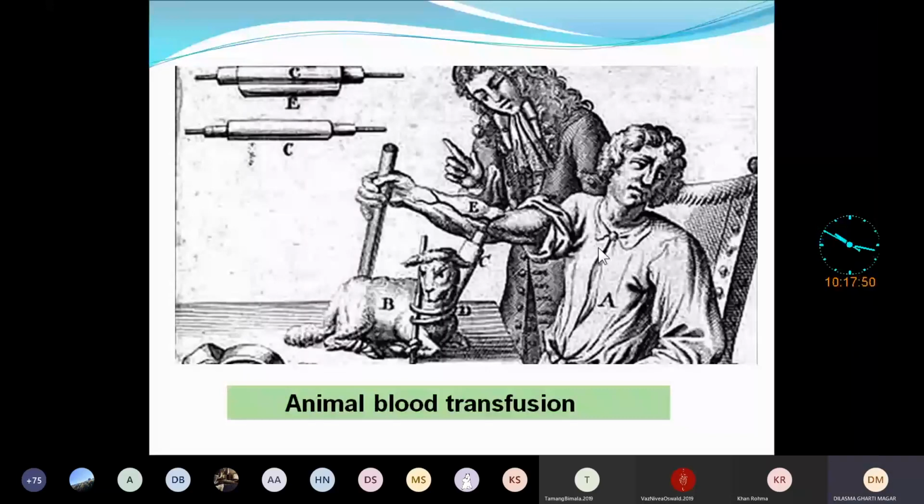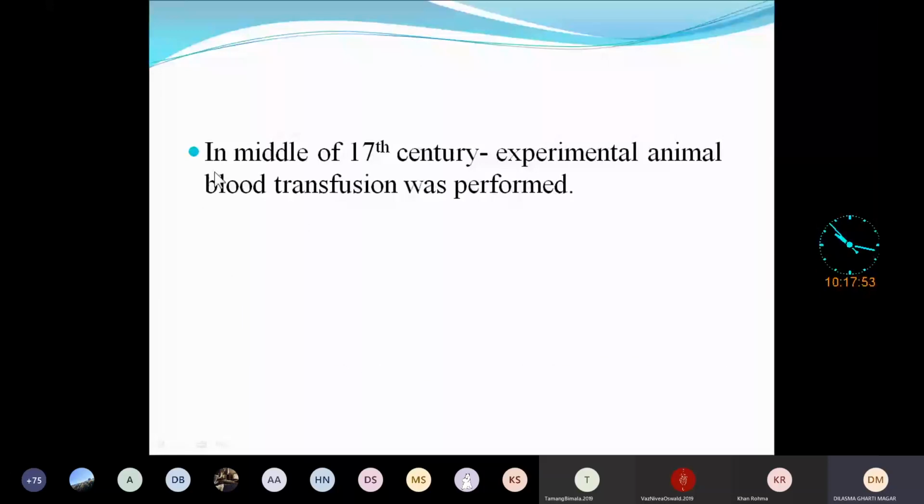So now you see in the middle of the 17th century, experimental animal blood transfusion was performed. In this case, they did not try from the animal to the human being, but they tried animal to animal blood transfusion. So in the middle of the 17th century, experimental animal blood transfusion was performed, and then it became successful. So now in this picture, you can see